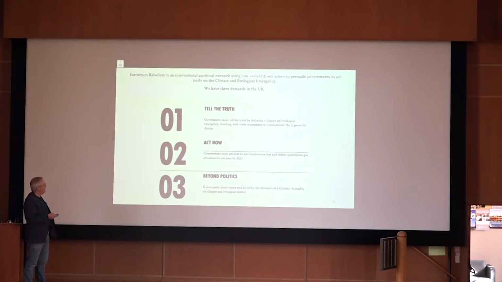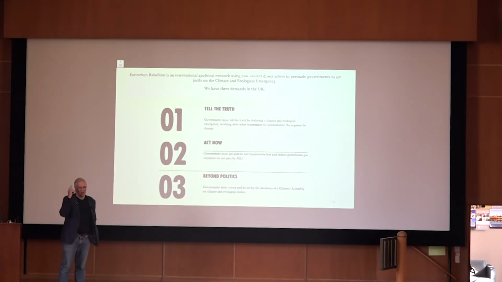Get ready for it. And 3rd, government must create and be led by decisions of a citizens' assembly on climate and ecological justice. So this is a statement that, no, we're going to have a group focused on climate and ecological justice that is going to tell the government legally what to do, okay? So this is a radical organization, right? You got to understand, by sort of any definition of the word, this is a radical organization,